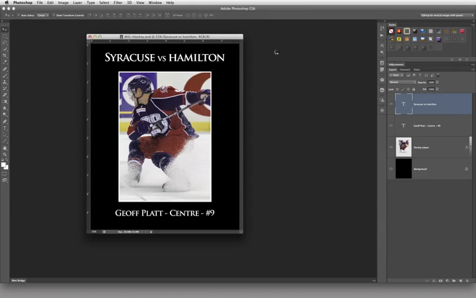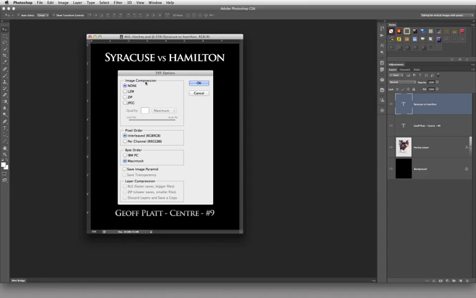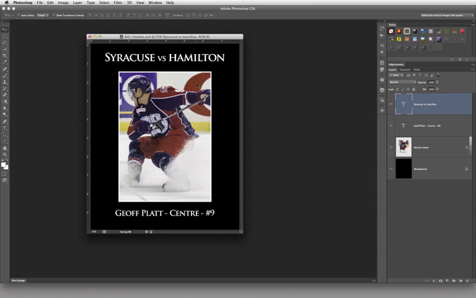Now I'm going to be given the TIFF options, which will deal with compression. All right, so I'm going to choose no compression at this point, and I've got that saved. This is still my PSD that is visible here. If I were to go onto my desktop and open up the files, we will see that I've got a